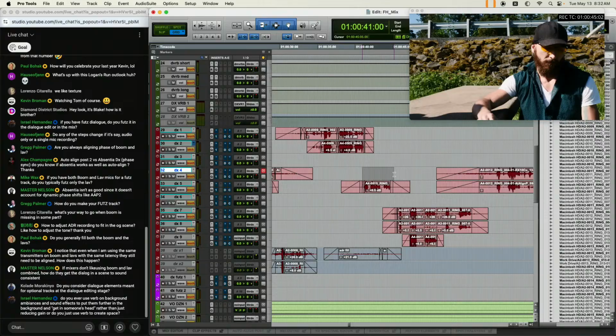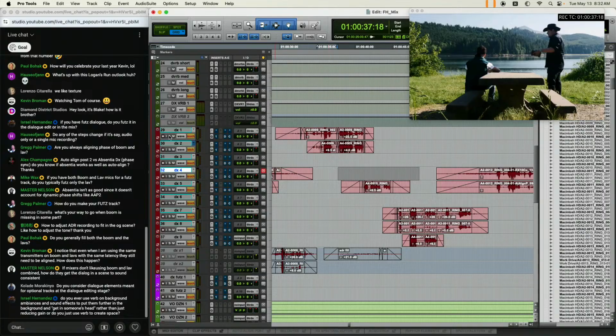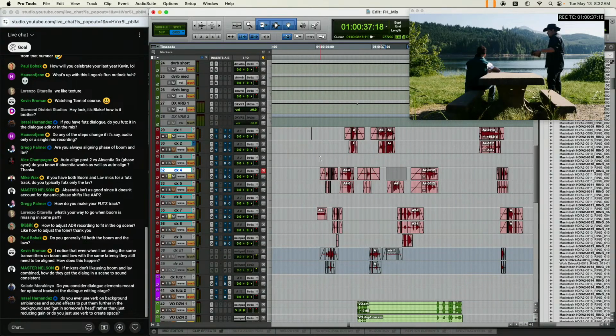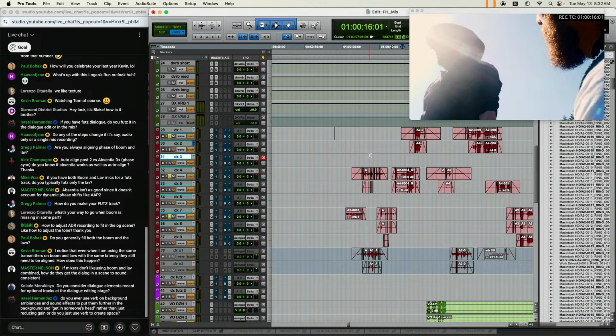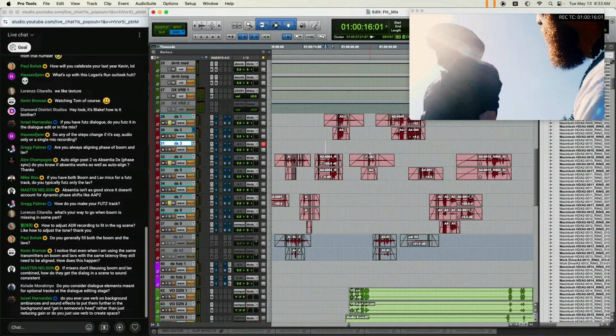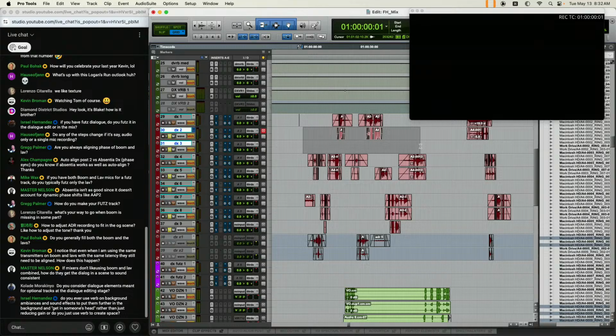There's going to be no ambience for this shot, and then we're going to go back to ambience for this shot. So you want to make sure that, for example, if I were to solo my boom tracks, I can play this scene through and the booms are consistent. The reason I like to do that is if I was handing this over to another mixer, and they were old school and they didn't like lavs, or they didn't want to use them for some reason, maybe they didn't like the tonality of them, the edit still plays consistently with just the boom tracks. And you want to do the same with your lavs. At least this is how I like to edit. So now I have the lavs soloed and I can listen to the scene and the lavs play back consistently.